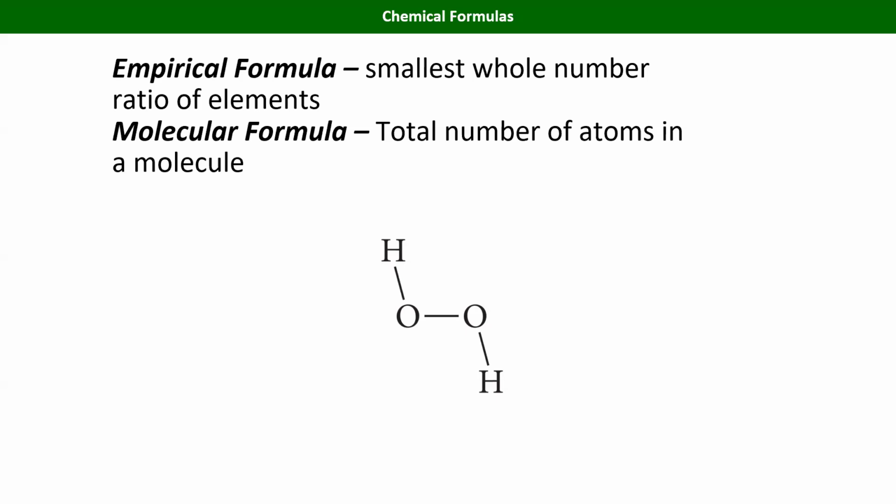So anyway, a brief aside, all that to say, these are not the same thing. If you shine UV light on this, you get this, but they don't behave the same. So we need to be able to describe them differently. And so that's why we use the molecular formula, which is the total number of atoms in the molecule, not the lowest whole number ratio. Right? Another good example is